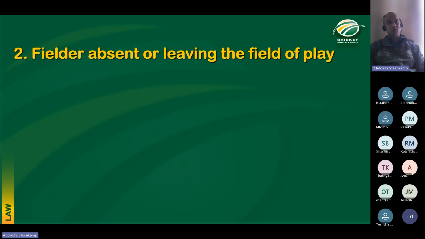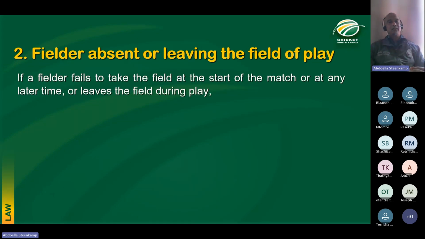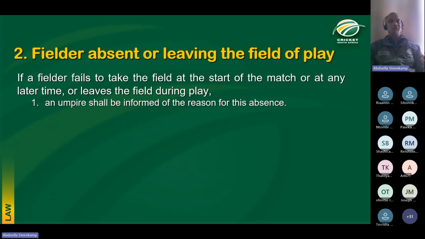Because of the abuse of the law by players, the lawmakers tightened this law. Let's see what they did. The lawmakers said, okay, if a fielder comes to you and tells you he or she is injured and needs to leave the field of play, they need to come to the umpire and inform the umpire why they need to leave the field. They need to come and say, umpire,